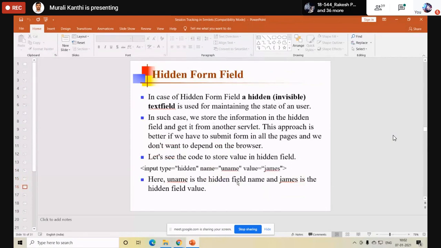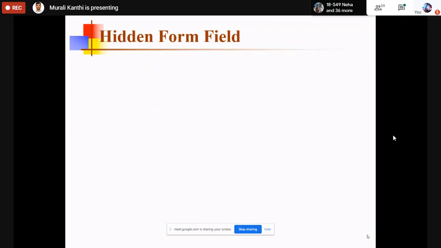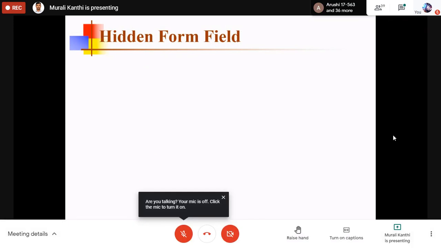The next technique is the hidden form field. An HTML form consists of different kinds of fields like a text field, text area, drop down, push button, submit button, cancel button, reset button, radio buttons.